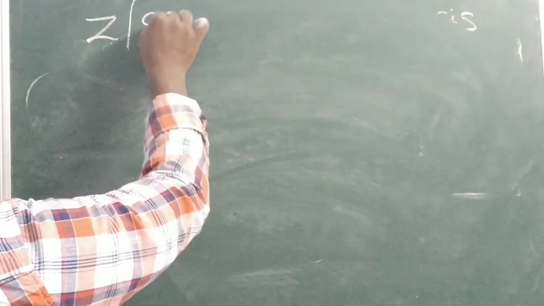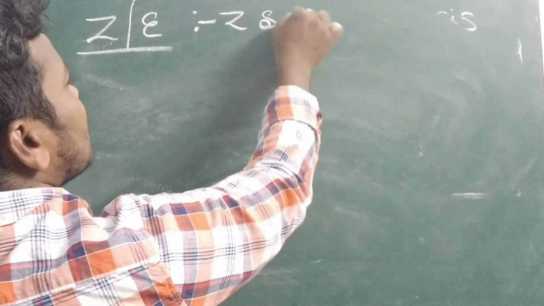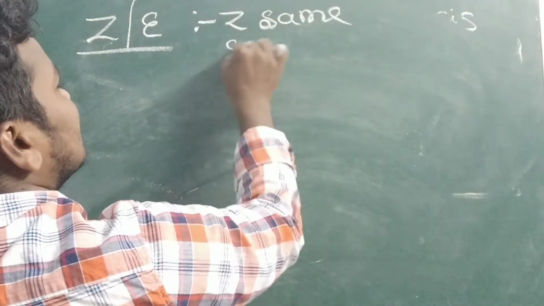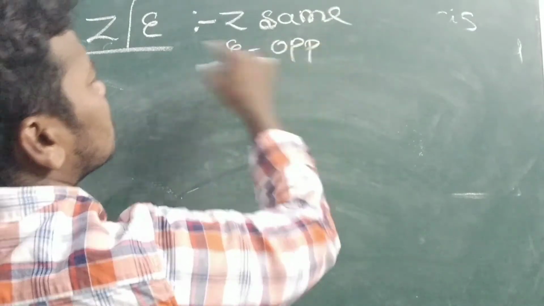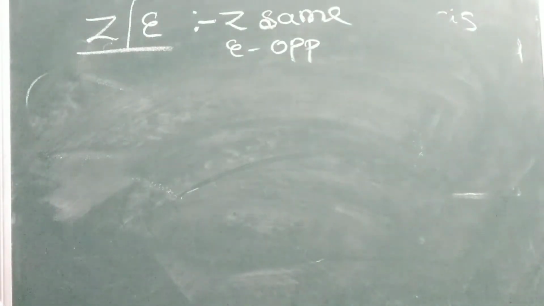Another system is there, that is called the Z and E system. The Z and E system is introduced. Z in the sense same side, E in the sense opposite side. Of course, cis is also same side, trans also opposite. What is this? So here you can see